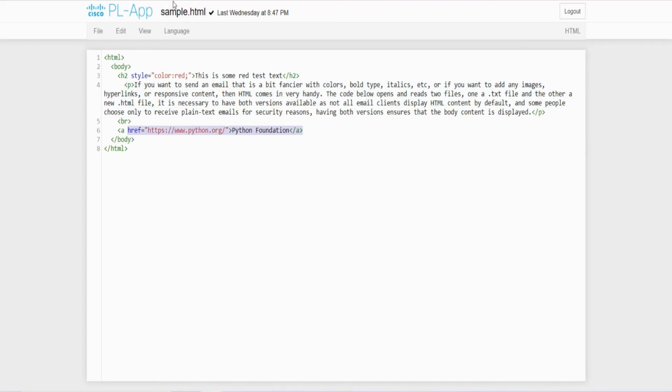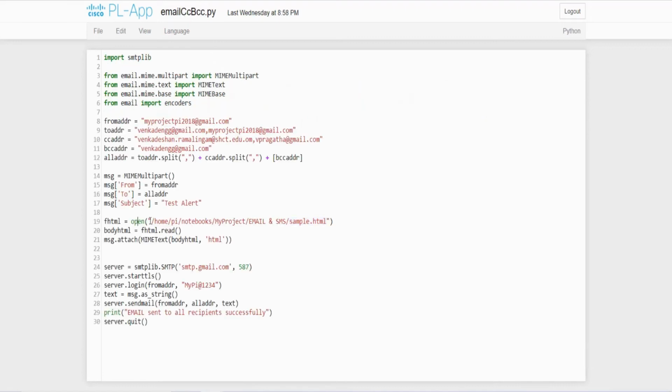So for that I have created this sample.html. This file, here I am opening up. That file will be read here and stored in the variable body HTML, and that file will be attached in the email by using MIMEText.